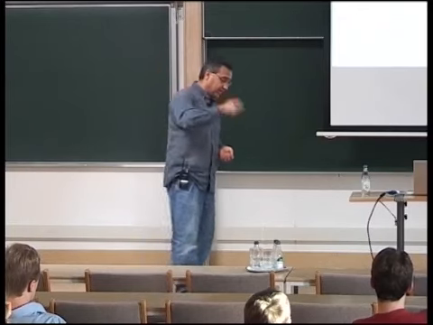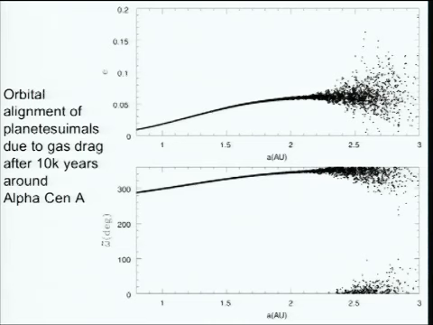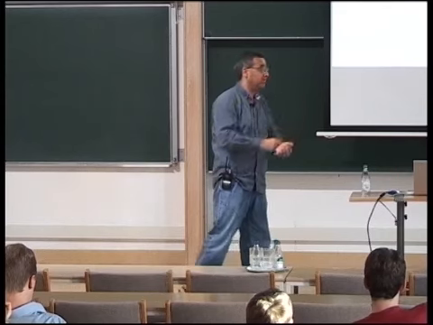When they included gas drag in the system, then things changed. Basically, they noticed that just by considering test particles, the simulation is not going to work. You have to actually consider actual objects and let them interact with the gas. Then they noticed that in that case, the gas drag will align the orbits of planetesimals, and that will reduce the relative velocity and let the objects hit each other in a more efficient way.